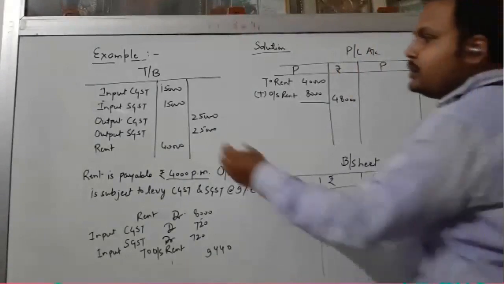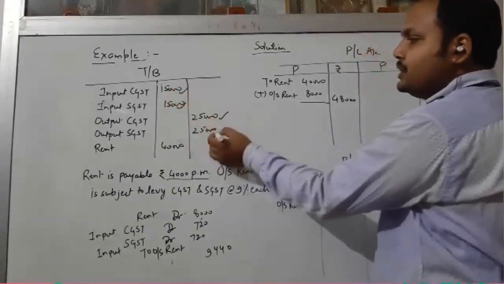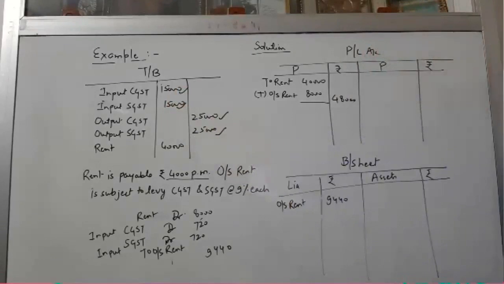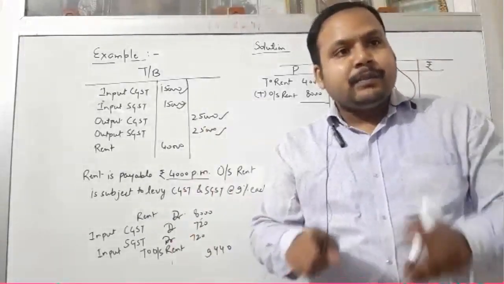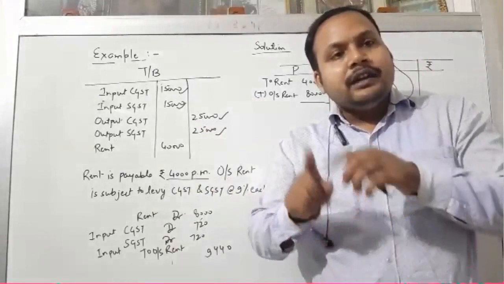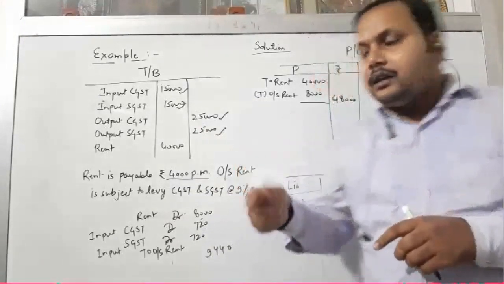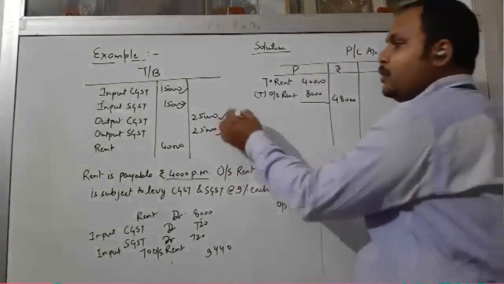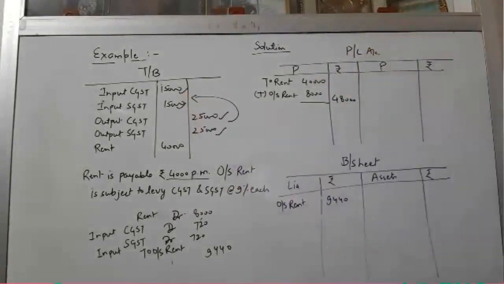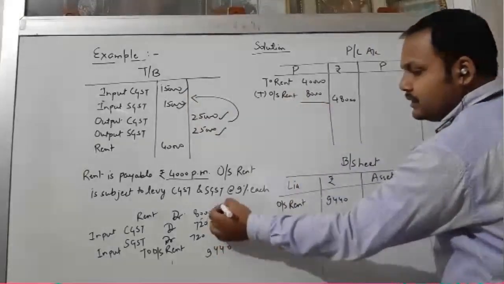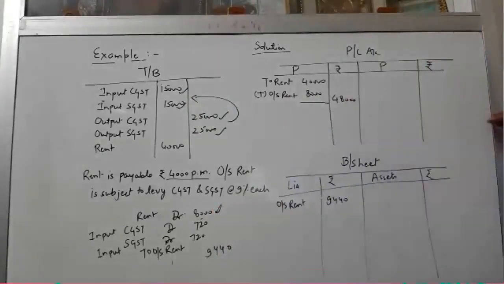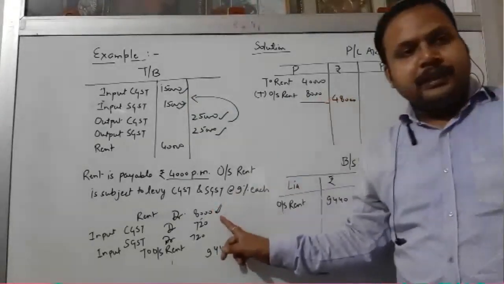And if you are talking about the CGST, SGST, output CGST, output SGST, so now you can see that your output CGST is greater than the input GST। जो आपका output CGST, SGST है, वो input CGST, SGST के कंपैरिजन में ज्यादा है, यानी आउटपुट ज्यादा है, इनपुट कम है। सो जब आउटपुट ज्यादा होता है हम किस साइड लिखते हैं, इन द लाइबिलिटी साइड ऑफ द बैलेंस शीट। बहुत ही ध्यान से देखिए, बहुत आराम से। पहले मैंने जितना आउटस्टैंडिंग रेंट का पार्ट था उसे हमने रेंट में ऐड कर दिया, दैट इज 48,000। कैसे? 8,000 की।